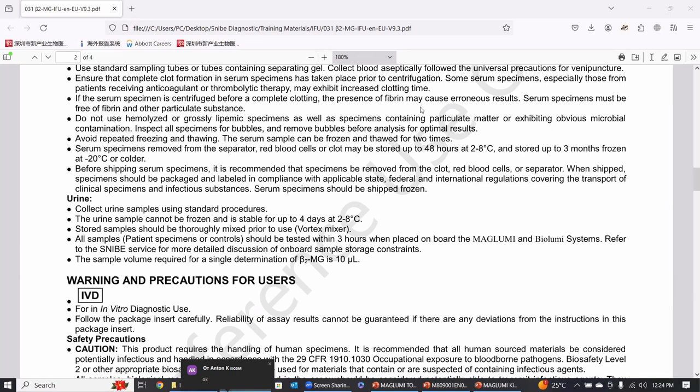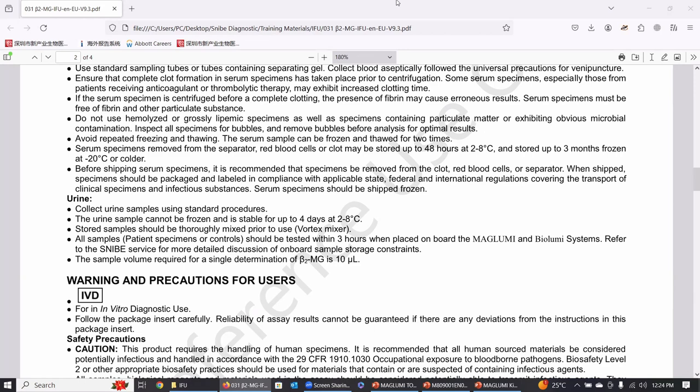If the customer is using a beta 2 microglobulin urine sample, if they have 24-hour samples, they have to go for a 24-hour sample with one without preservative, and the other sample they can put some preservative, right? And then test after 48 to 72 hours of both samples to help them,